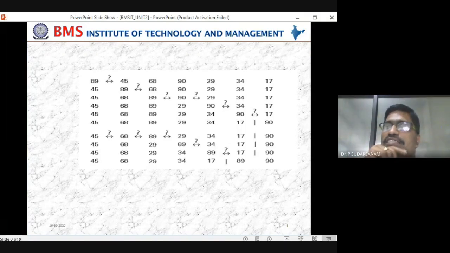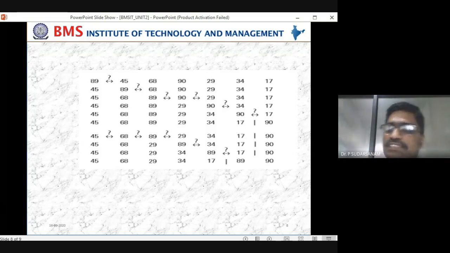Because 10 marks they are asking: one for the algorithm, another for an example, next for the time complexities. If they ask you to write bubble sort, the algorithm gets 3 marks, the sorting technique 3 marks, and the analysis of the algorithm 3 marks.